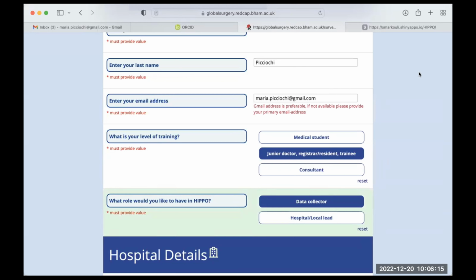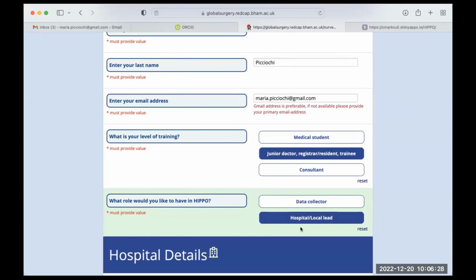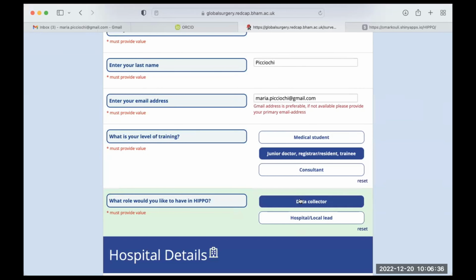Now, we can only have one hospital lead per hospital. So if you want to be a hospital lead from that hospital, you need to select the hospital lead option. If you only want to be a collaborator and a data collector, then you select the data collector option.